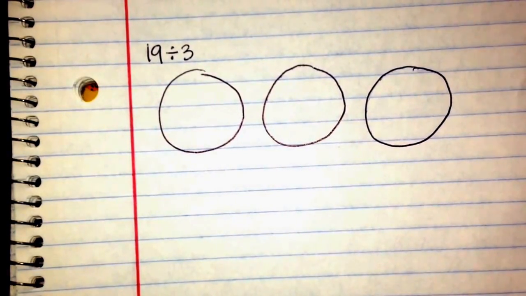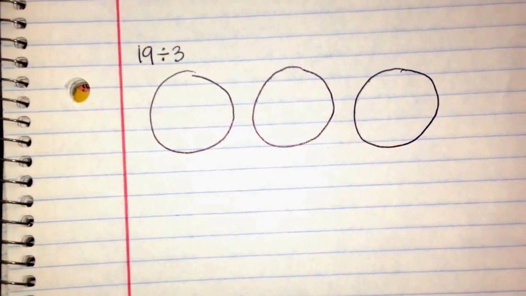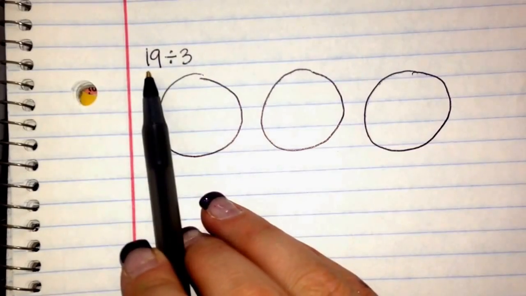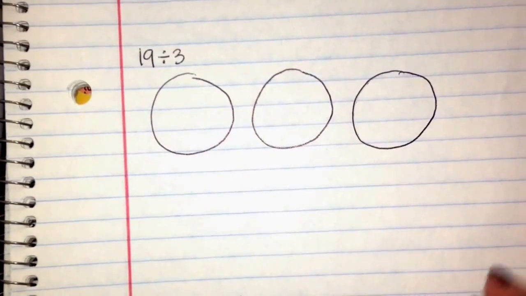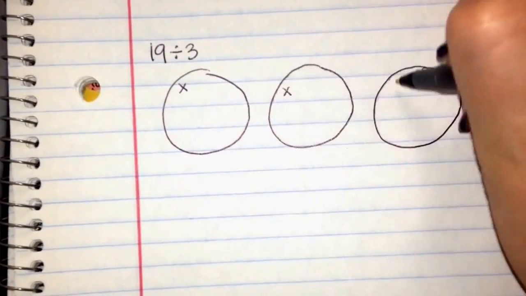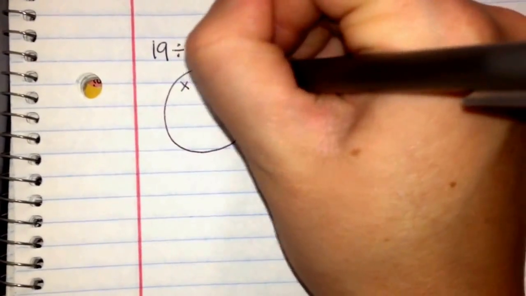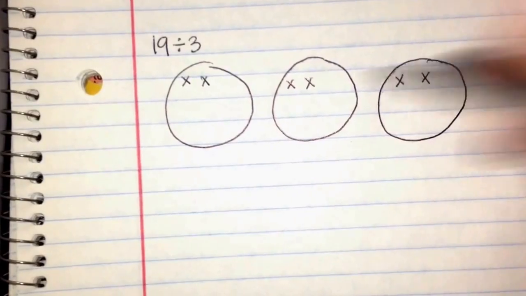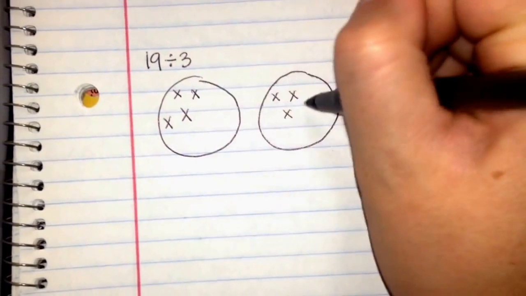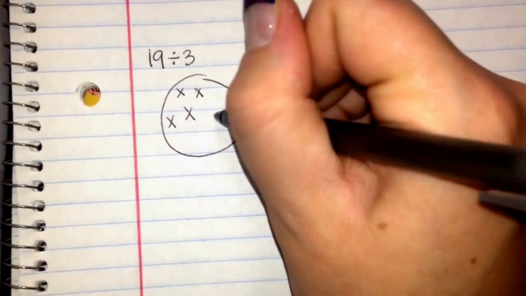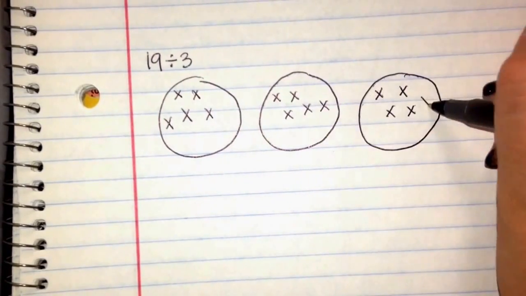And I'm just going to use X's because they're pretty easy. You can also just use tallies. You can really draw whatever you want. So I'm going to make sure I get 19 of those, but I have to go 1 in each group at a time so that way it makes even groups. So I'm going to go 1, 2, 3, 4, 5, 6, 7, 8, 9, 10, 11, 12, 13, 14, 15,